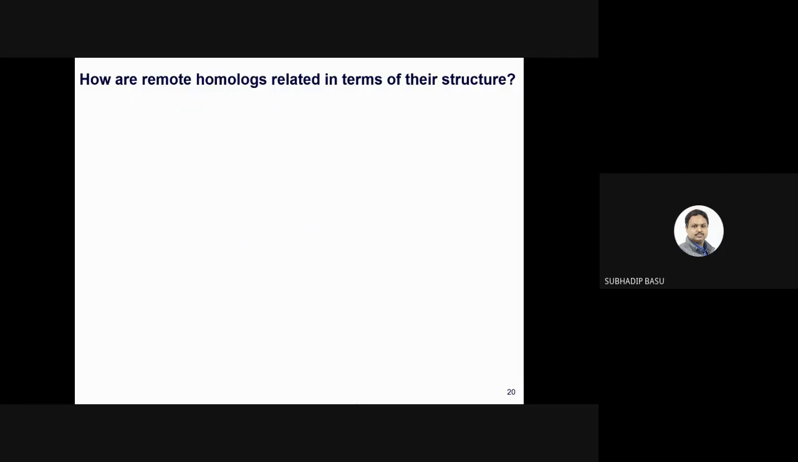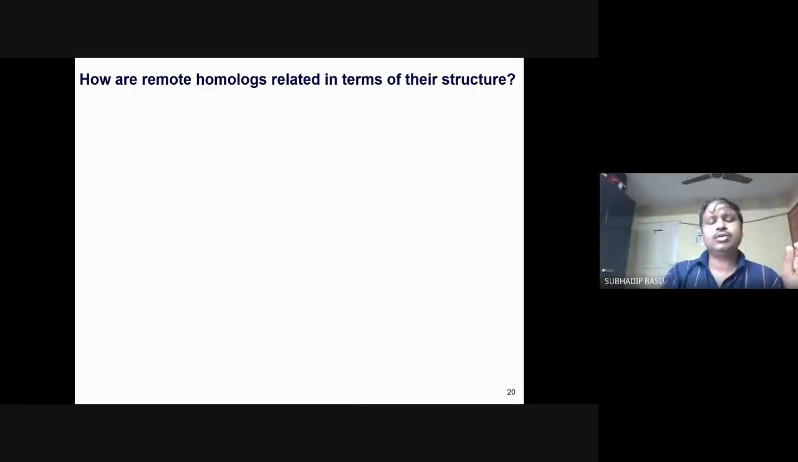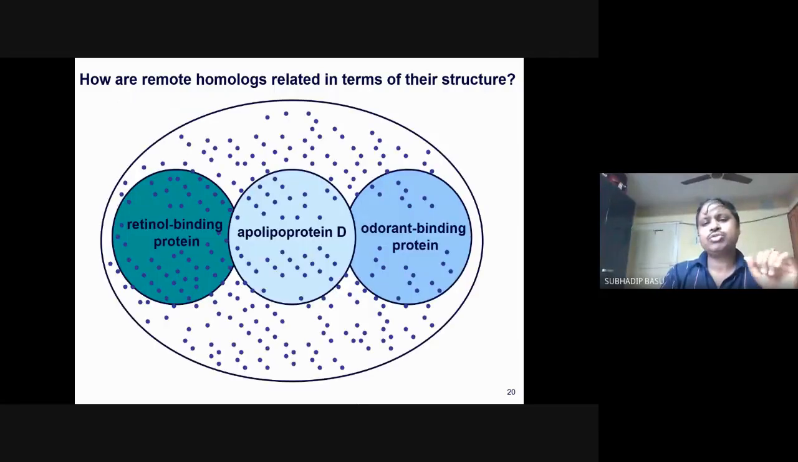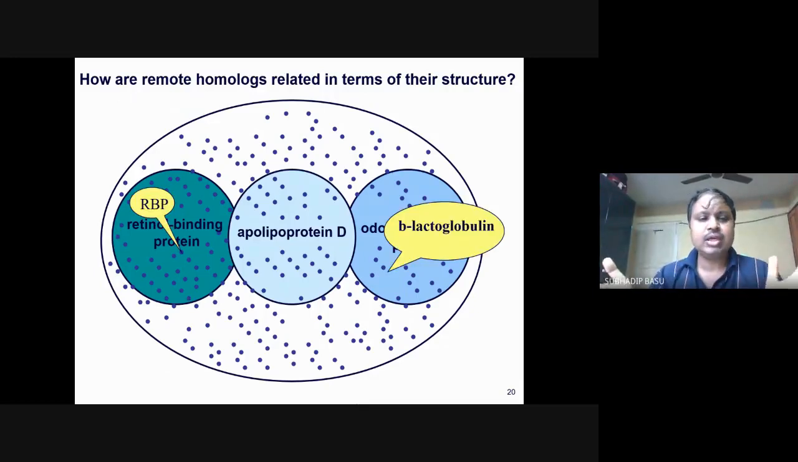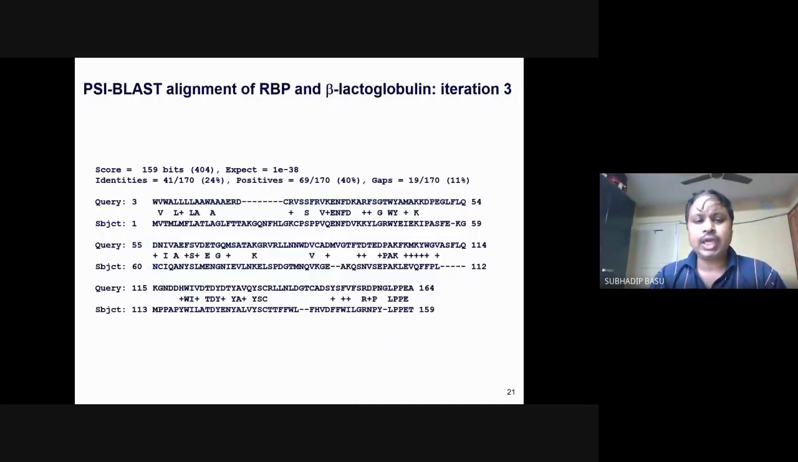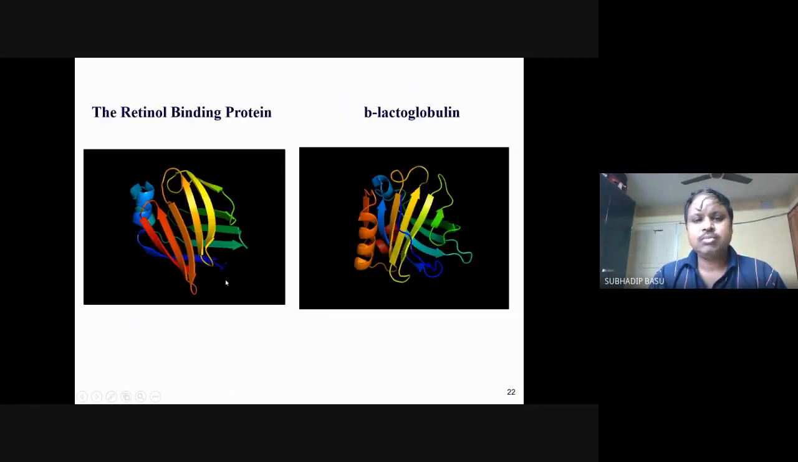Even two remote homologs that are not related or connected can map to the same structures, like RBP and beta lactoglobulin, so that they can have very low identity. You can see only 24% identity and 40% positives between RBP and beta lactoglobulin, but they have a very similar structure in terms of their